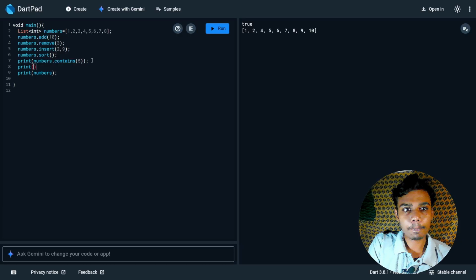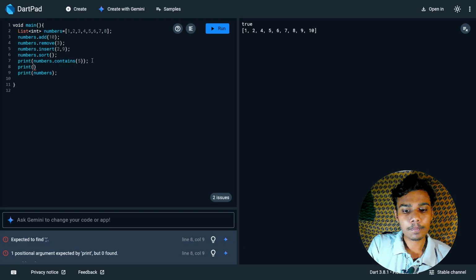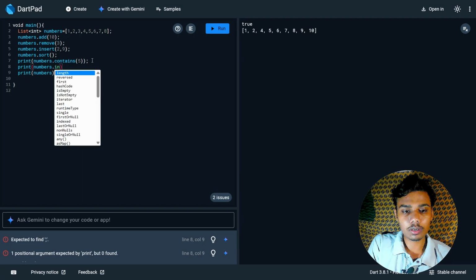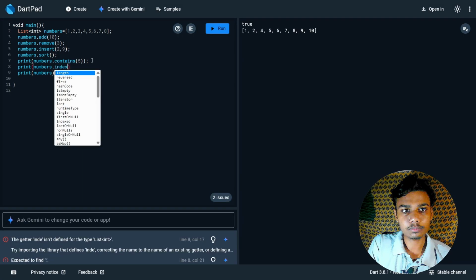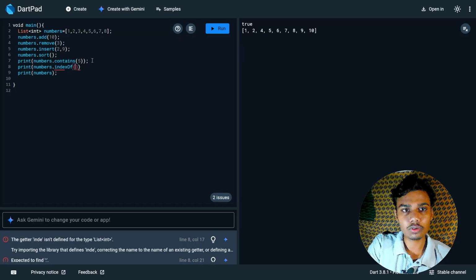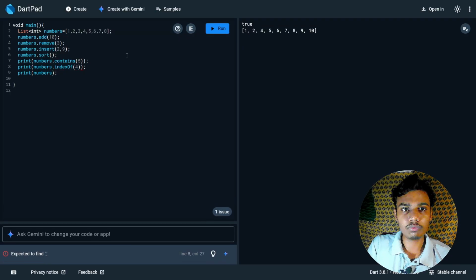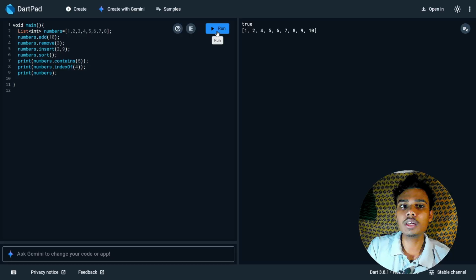प्रिंट नंबर्स डॉट इंडेक्स ऑफ 4, इंडेक्स ऑफ 4। तो ये जाएगा और चेक करेगा कि जो वैल्यू हमने पास की उसका इंडेक्स क्या है लिस्ट में।